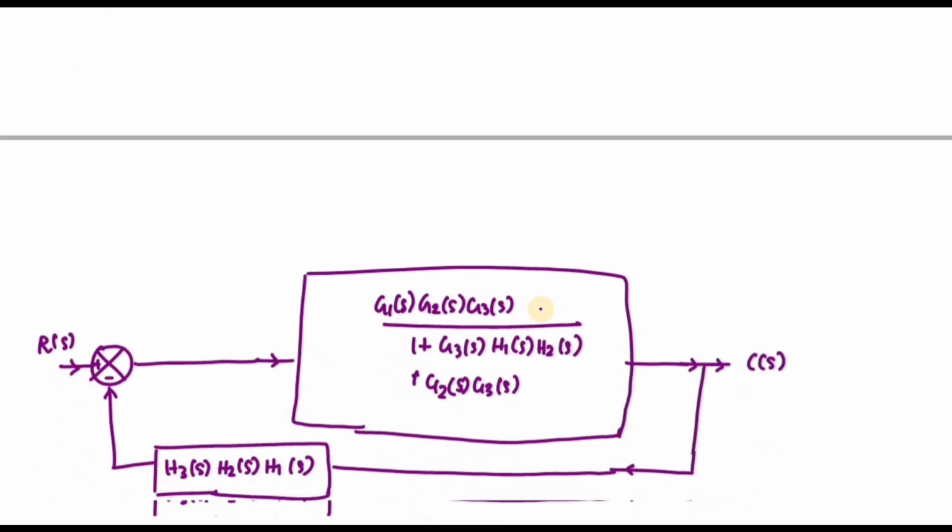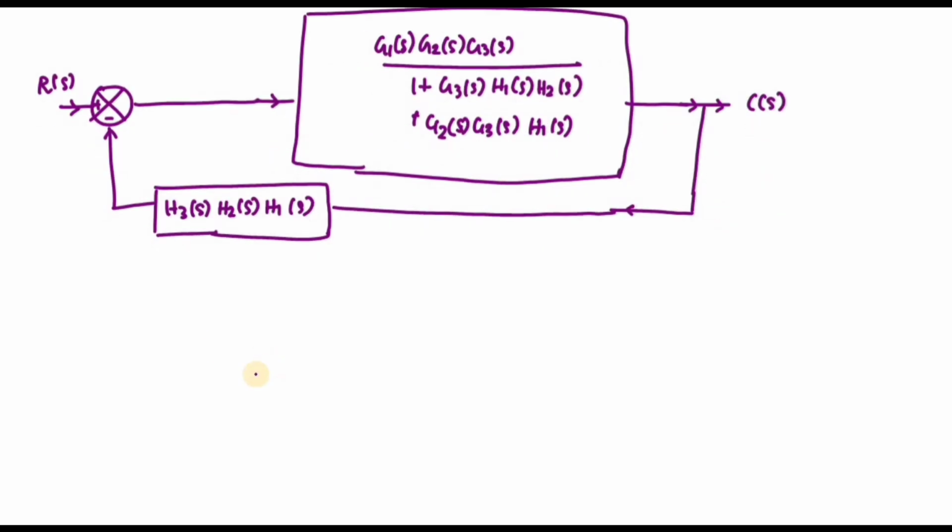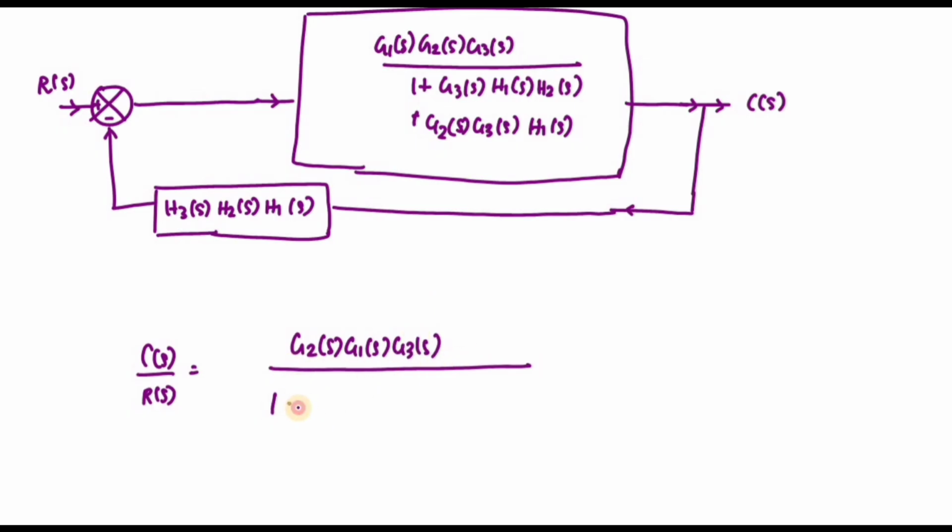And solving, you can see these two blocks are also forming a loop. So again you apply the formula. So C of S divided by R of S, I can write it as G1 of S, G2 of S, G3 of S divided by. So I am directly writing the equation: 1 plus H3 of S, H2 of S,